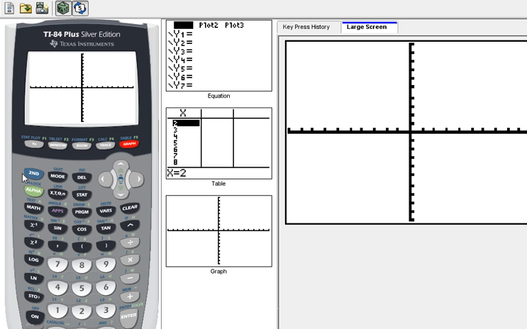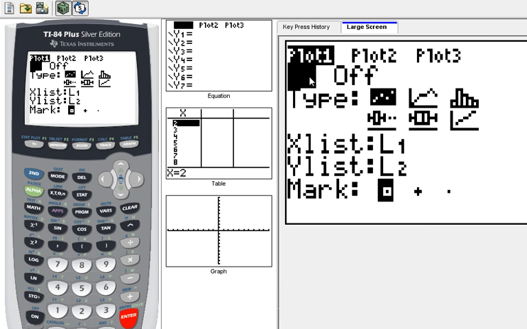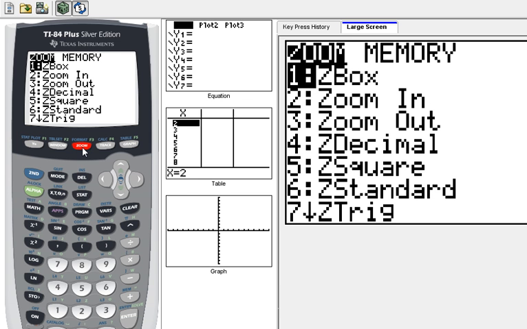Nope, don't hit graph. Sorry, I messed up there. So we did second, Y equals, and we went in. Okay, I want to just say this. This is off. That's highlighted. List 1, list 2, I'm good. Then I want you to hit zoom